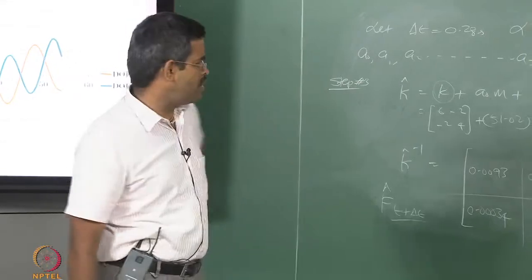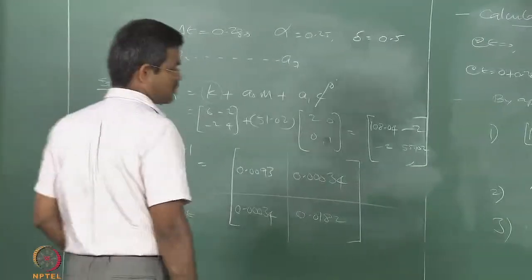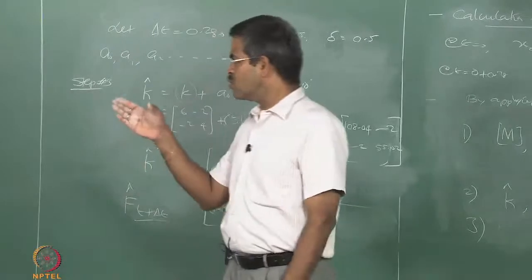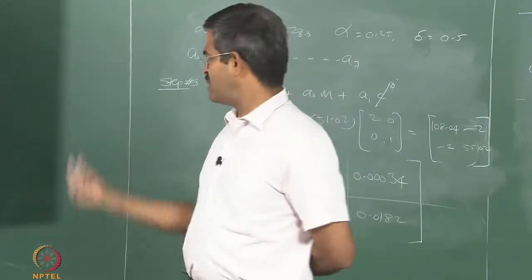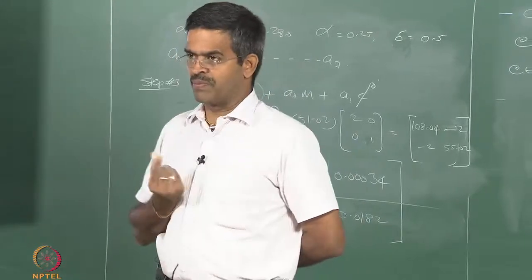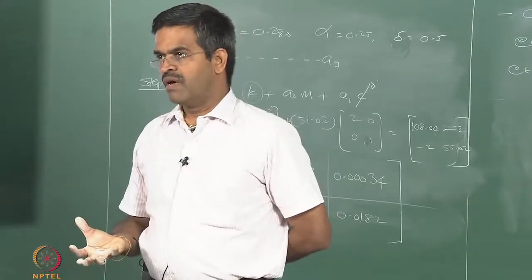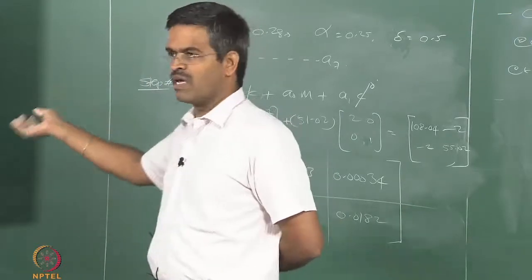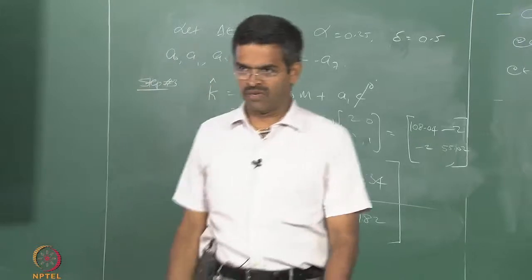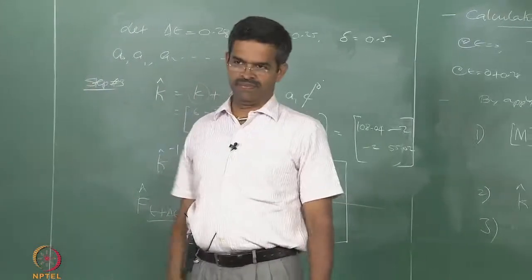Okay. So, however, when you apply this for a coding, you will get an answer of this order, where more or less the solution looks as if it is continuous. Okay. However, the behavior between the time steps is arbitrary. I can even plot them, I can join them as a straight line, as a cubic line, or a spline curve, anything as per my choice. Okay. That is the catch here.